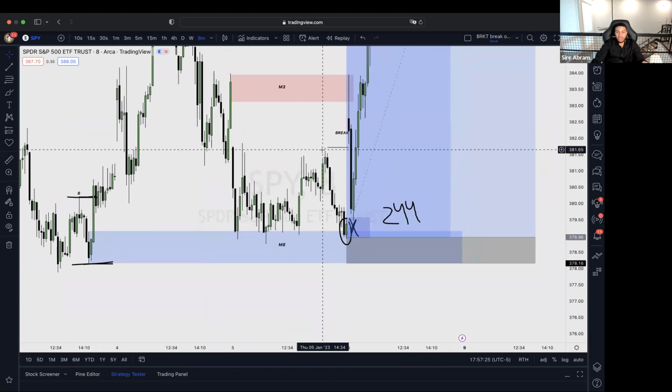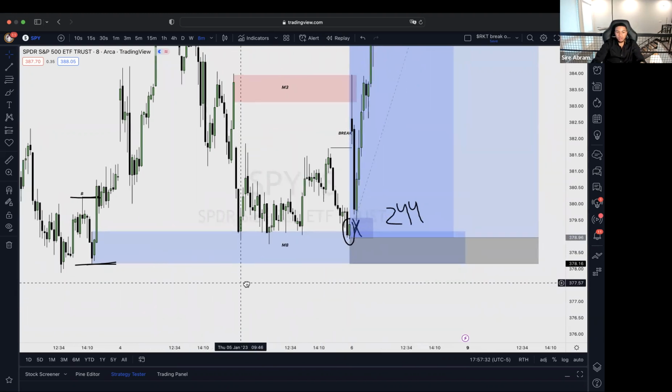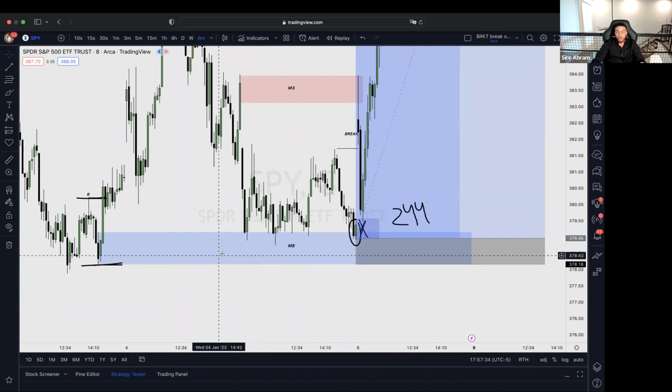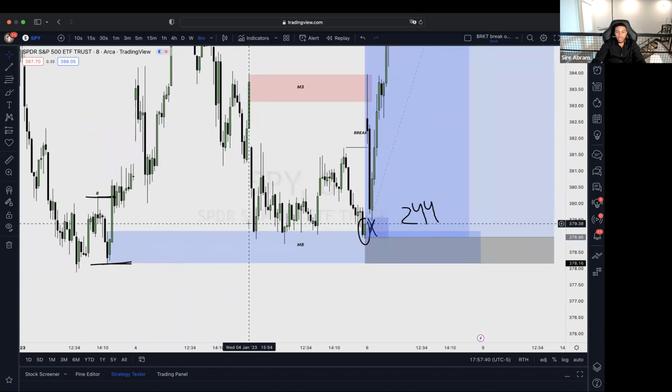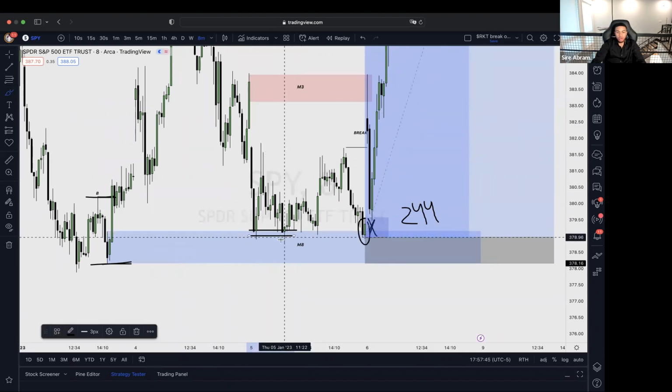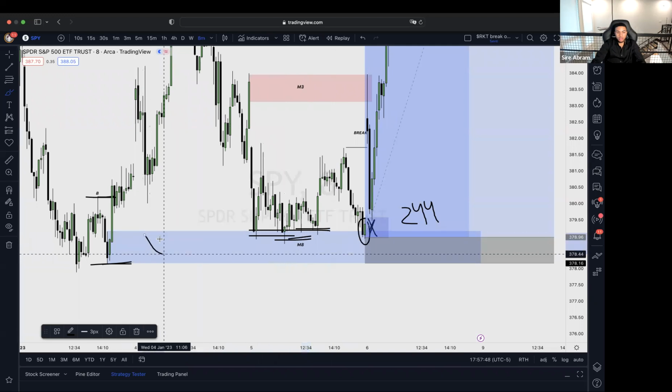So as the day is about to end yesterday, where's price closing? Price is closing within this demand zone. This is where I'm expecting price to move higher. So this low initiated the break of this high. And what happens? We tap in here, move higher, tap in here, move higher. We see price is just dancing all on this demand level, okay?